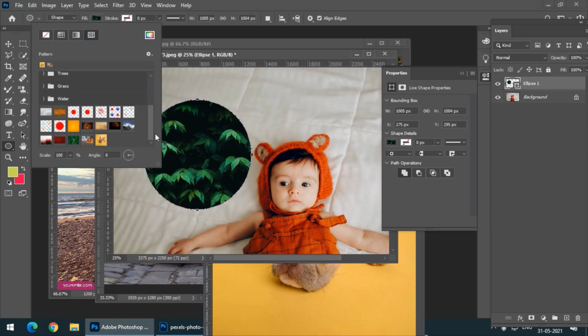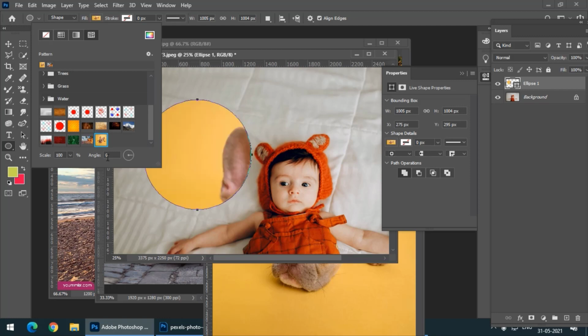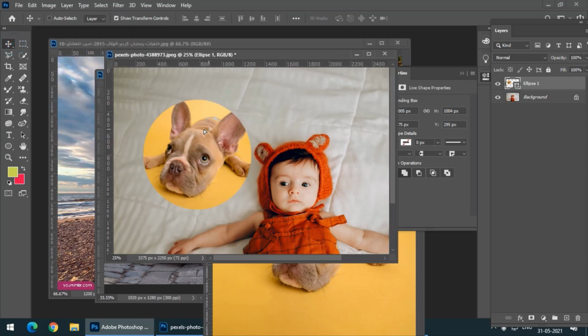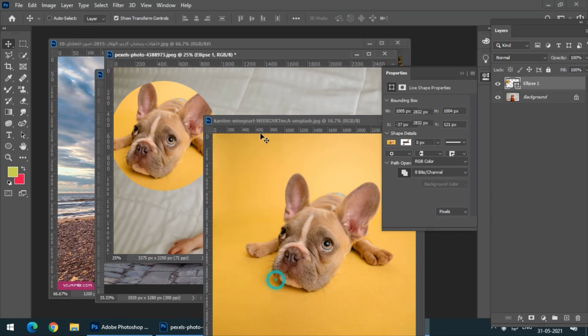We will get the same pattern gallery that we have just created. This doggy will come again, and I can increase or decrease the scale. I can change the scale, I can change the angle, as you can see. This is pretty neat actually. It is pretty simple to apply any image to any object, or to text for that matter.